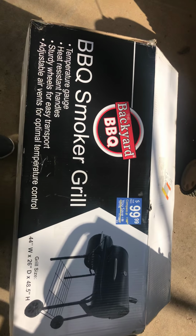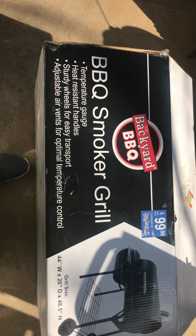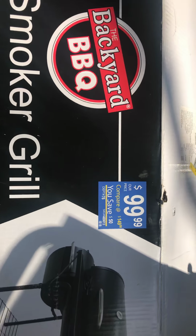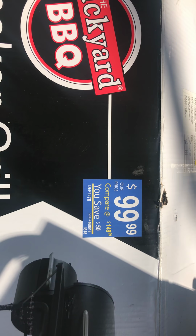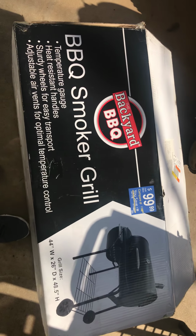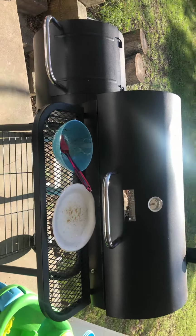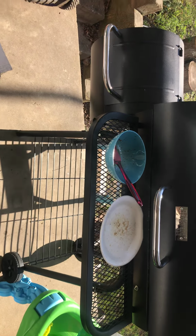Hi guys, this is a short review of the BBQ smoker grill. Actually, you see here I bought this one for $99.99. It used to be 150. One of the things that I want to say about this grill is, firstly, out of the box,